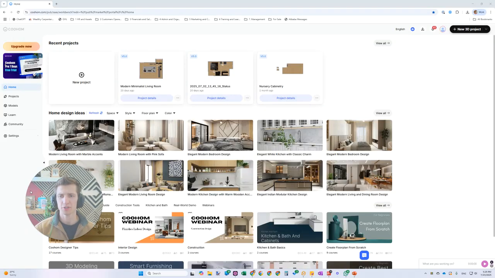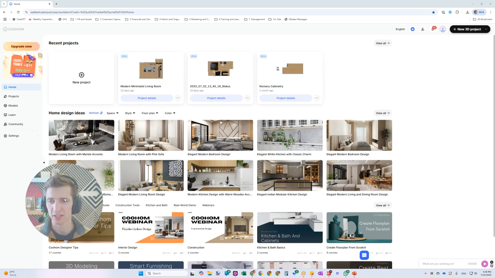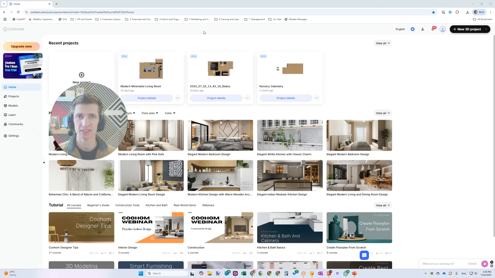Hey, it's Nick here. I want to show you some software that caused me to stop using Google SketchUp entirely. I don't use it anymore. It's interesting because